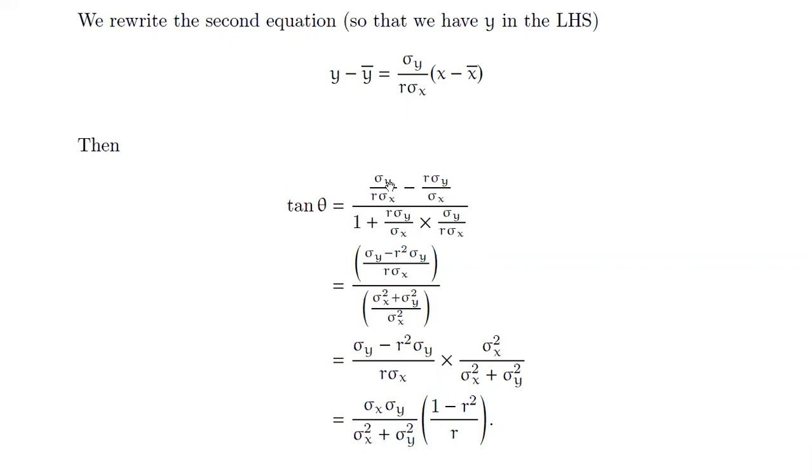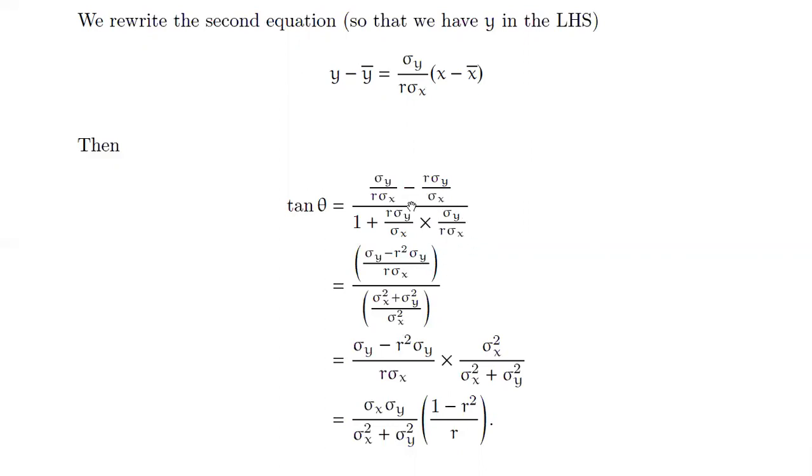So taking these two terms now, here r sigma x is the common denominator. If you are trying to solve this numerator part here, r sigma x will be the common denominator, which I have written here. This sigma y remains as it is, and in order to get the common denominator I have to multiply this term by r. So I get r square into sigma y, and of course the denominator r sigma x.